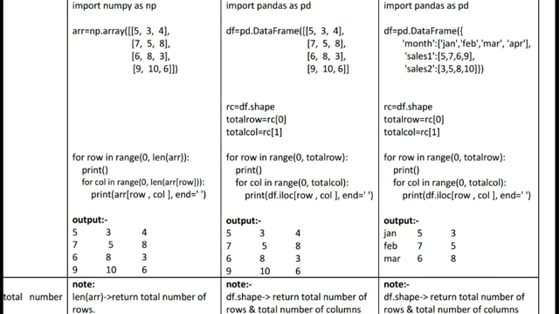Okay, here I am asking one question, so you should also write the answer in the comment box. My question is, can you tell me the difference between a 2D NumPy array and a data frame? Only a single line you will write: the difference between a 2D NumPy array and a data frame. This is my question. You can write in the comment box, and you can also ask your questions in the comment box, so I will reply. Okay, thank you students.